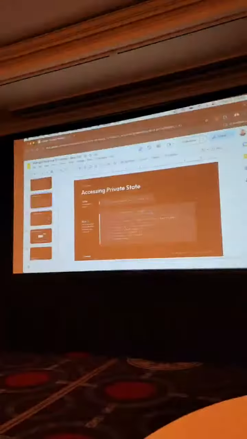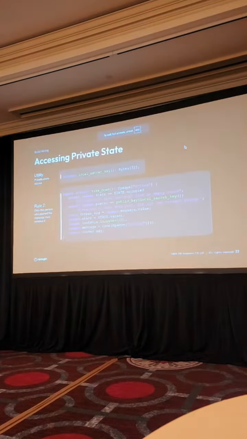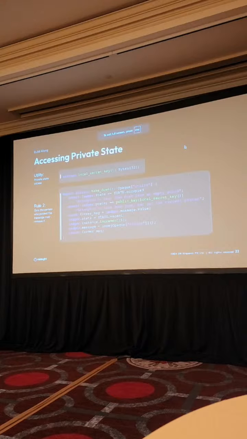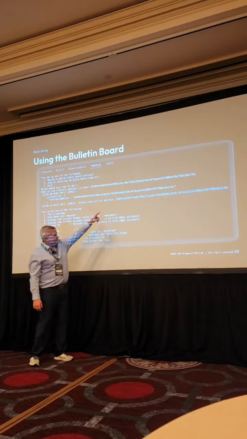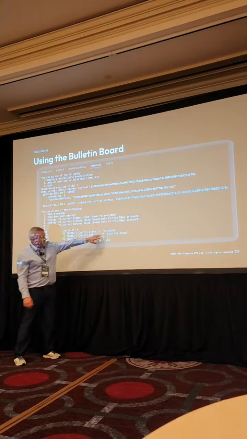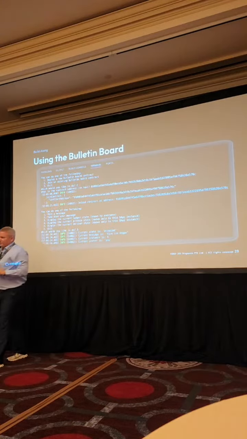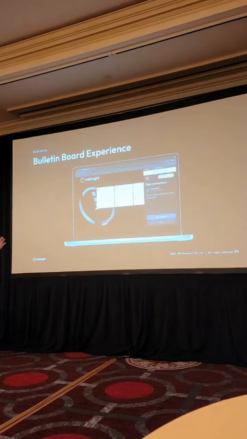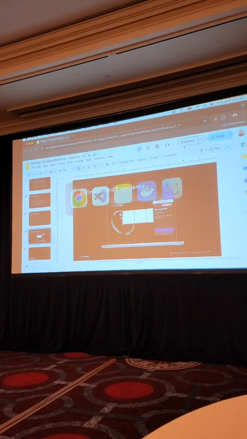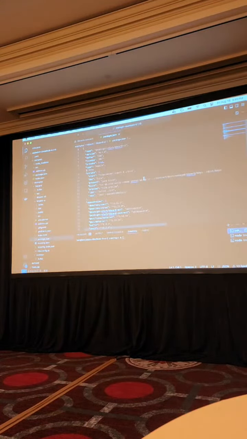Let's see. Actually, before I do that, what we provide today allows you to come and use the bulletin board. This is an output of the terminal that shows where I'm joining a contract that already exists, and I'm showing you the current state is occupied, and it says Viva Las Vegas, right? So that's one version of it. Another version of it is we actually provide you with a user experience where you can build this into a web app. So rather than just talking about it, I'm going to pop up Visual Studio Code here.